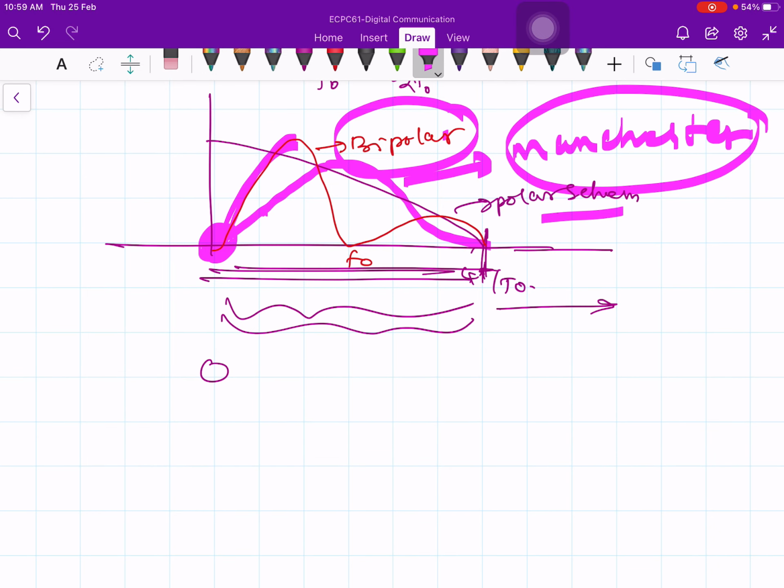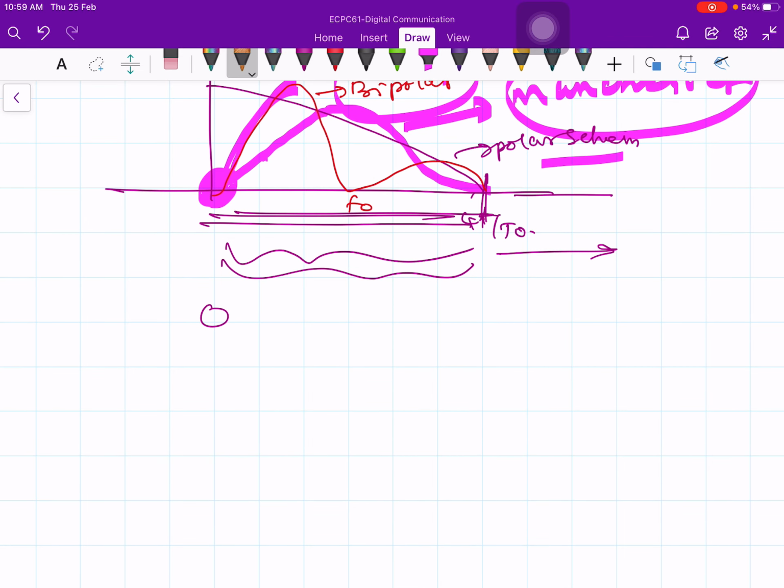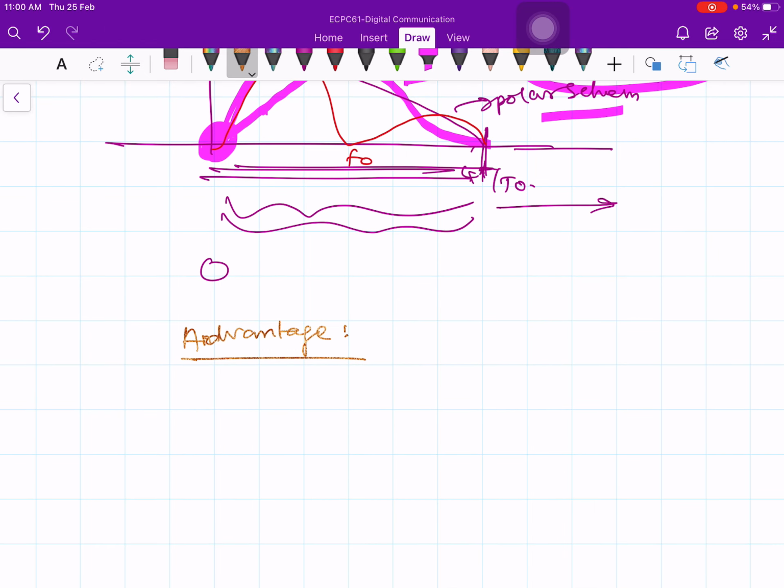Now one can ask a question, is there any possible advantage of split phase over bipolar? We got spectral null at omega equal to 0. Is there any other advantage? There is one important advantage. We have already seen that its bandwidth is not very nice because it is 2 times f naught. This is a disadvantage of Manchester, not very interesting. It is twice.